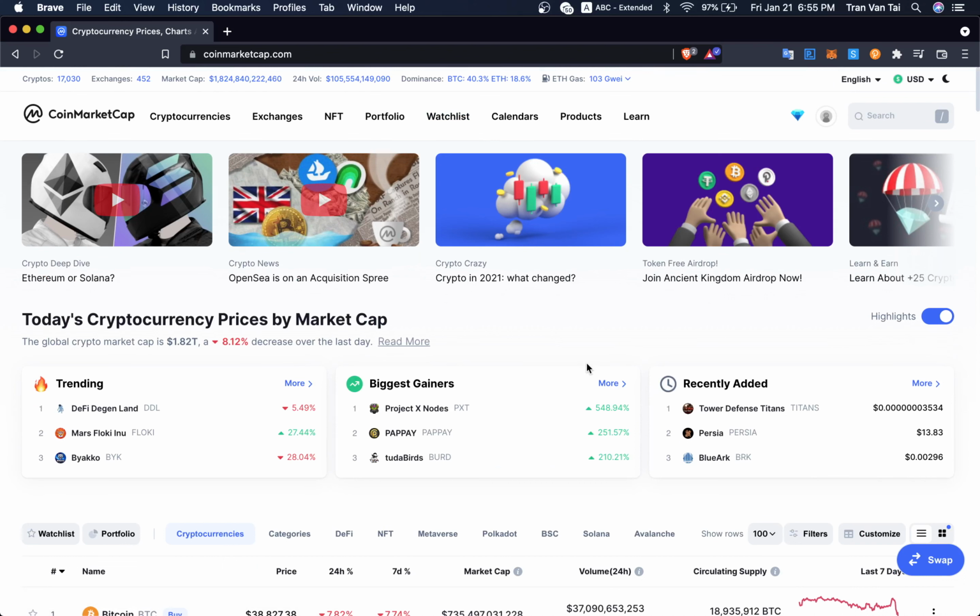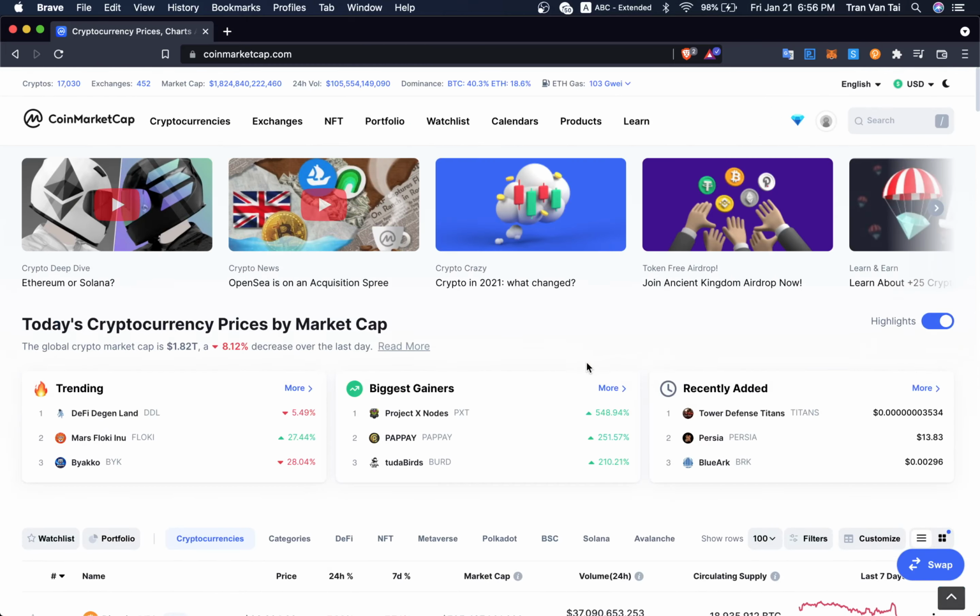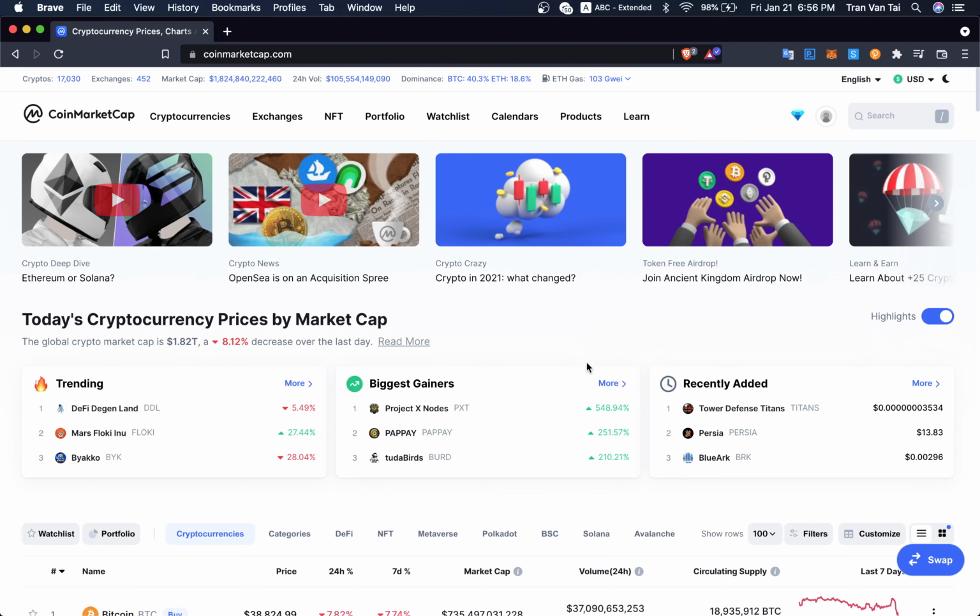You can create a watch list by your category, and if you just want to look at some category you find interesting or pay attention to, you just open your watch list and check your tokens every day. So I will get into detail now, and you can see here,